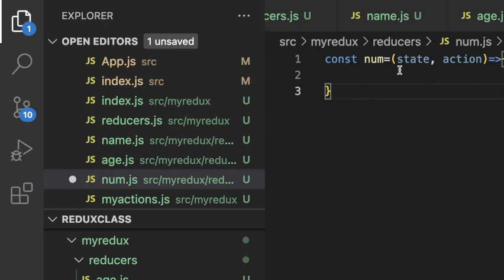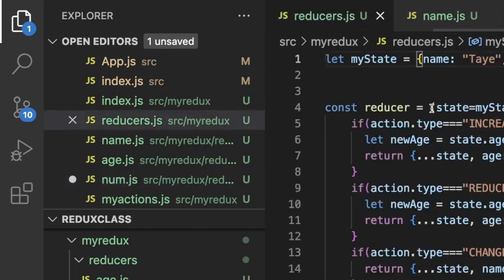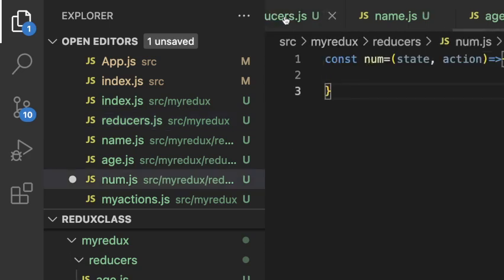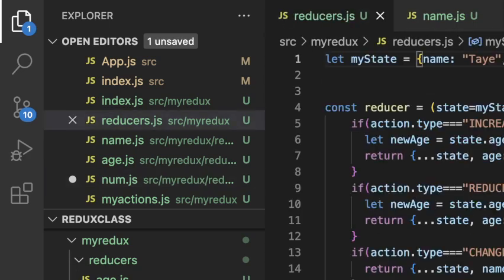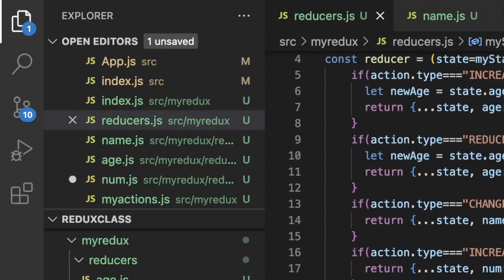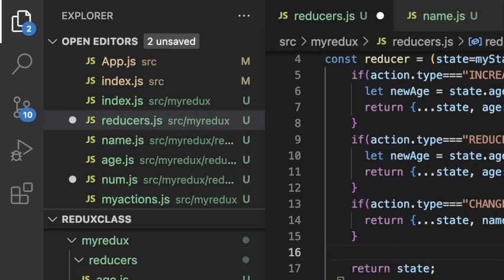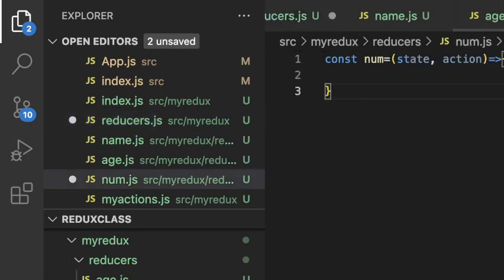So let me cut everything about num, everything about num to 1D. Let's bring it there. Increase num. Let's cut this one out of this place and take it there. Cut this one out and